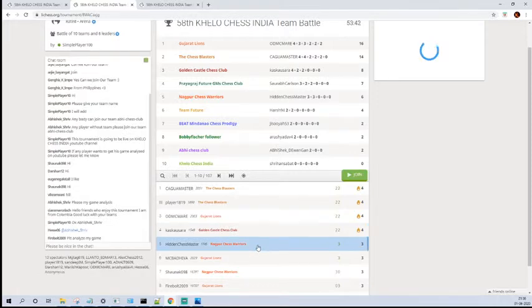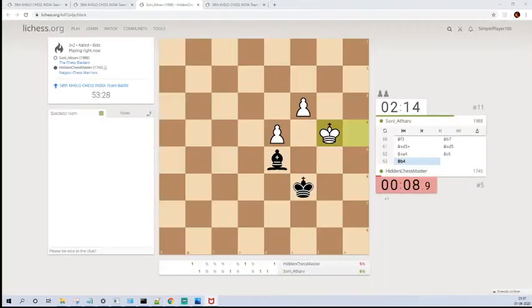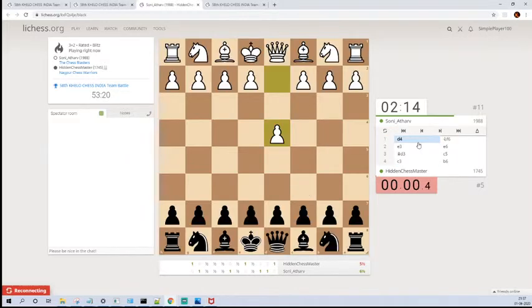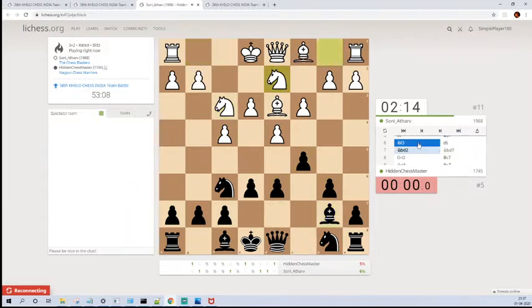So let's check Hidden Master's game. This is a new team, guys, Nagpur Chess Warriors, and Sony Atharva is playing with Hidden Master. I think Sony Atharva is playing from the Chess Blasters versus Hidden Chess Master from the Nagpur Chess Warriors. And this is a nice game. Let's check what happened in the opening quickly. So d4, knight f6, e3, e6, bishop d3, pawn to c5, pawn to c3, pawn to b6, pawn to f4, bishop to b7, knight to f3, pawn to d6, knight to d2, knight to d7, and then we have castles,